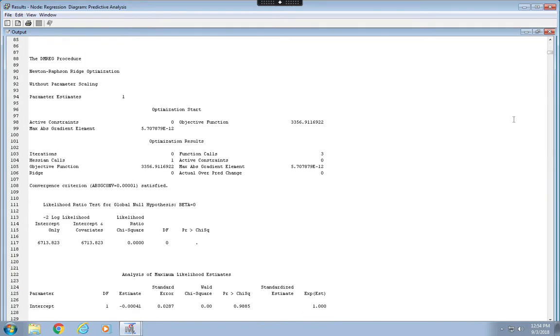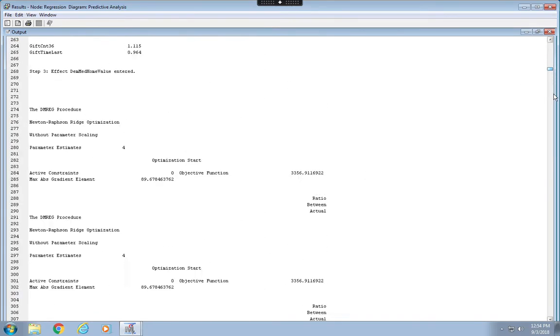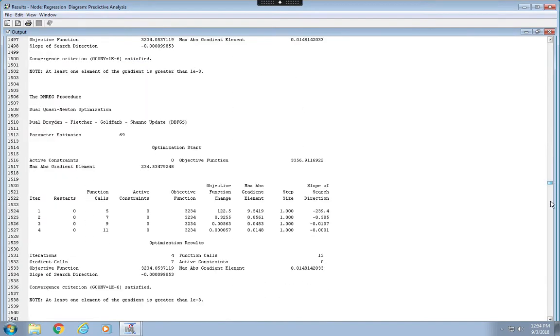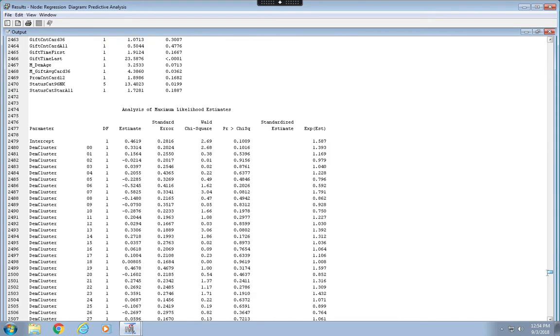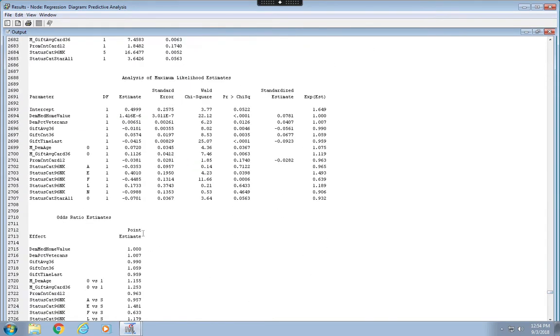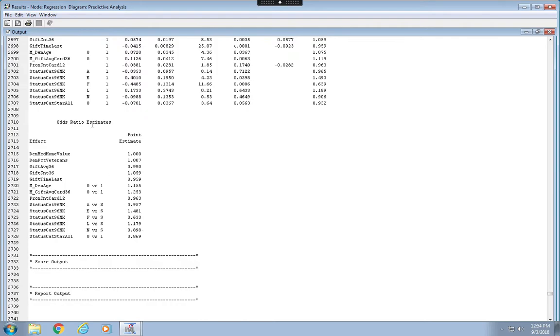And at the end of this long output, to be exact, let's go to line 2712. So here, these are the odds ratio estimates with respect to each input, which enter the model. And for instance, gift average 36. The odds ratio estimate equals to